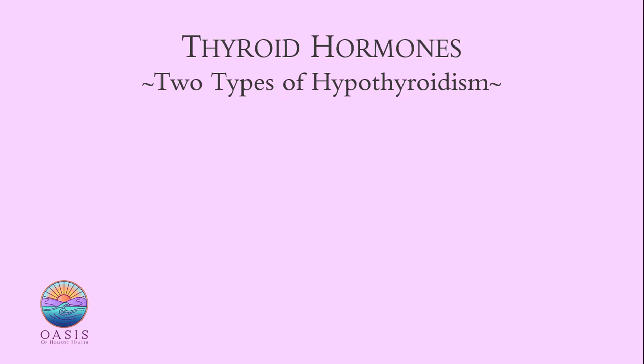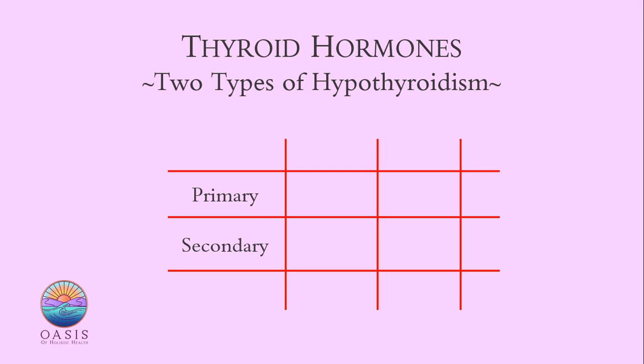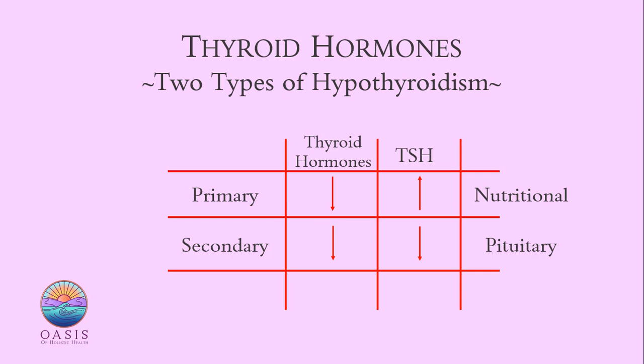Traditionally, there are two types of hypothyroidism. Therefore, there can be two types of suboptimal hypothyroidism, primary and secondary. So here we have on the horizontal the two different types of hypothyroidism. One is primary, one is secondary. In the columns, we're going to put thyroid hormones and the thyroid-stimulating hormone. Of course, in both primary and secondary, we have low thyroid hormones. But with primary hypothyroidism, we have usually a very high thyroid-stimulating hormone. The pituitary is saying we need more thyroid hormones, so TSH is going to go up. This is primarily a nutritional deficiency. The thyroid cells don't have the nutrients they require to make T4. The secondary is low TSH. The pituitary is not sensing that the thyroid hormones are low, and therefore it's not secreting adequate amounts of TSH